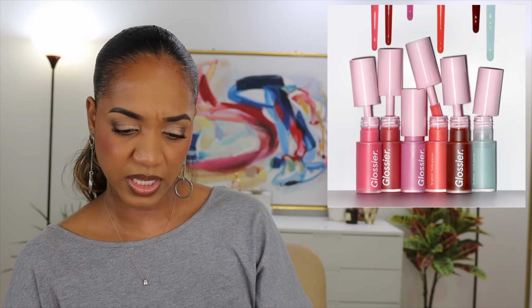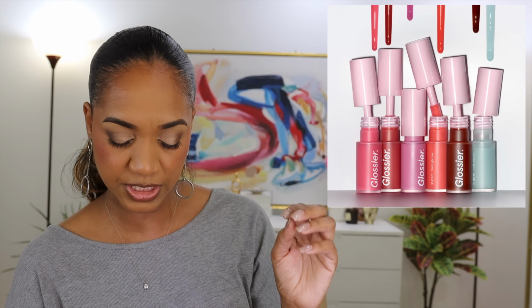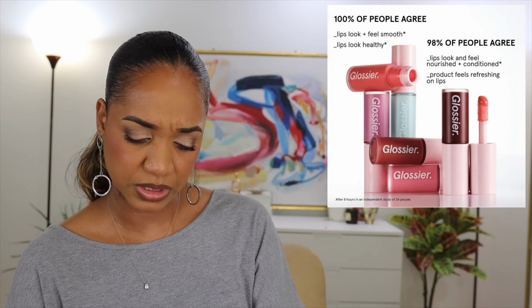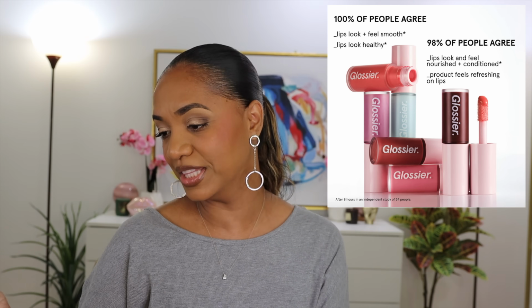And then also another glossy thing from Glossier. These are their Lip Glaze Hydrating Cooling Sheer Lip Oil. Another lip oil, right? 6 shades available. $22, not a bad price point. These are interesting a little bit. There's a blue one that's kind of cool. But on the lips, like the swatches on the lips, when you see them, you're like, there's barely any discernible difference in the shades. Like Icy, which is the blue one, and like the deepest one, you can see a little bit, but then the other shades,